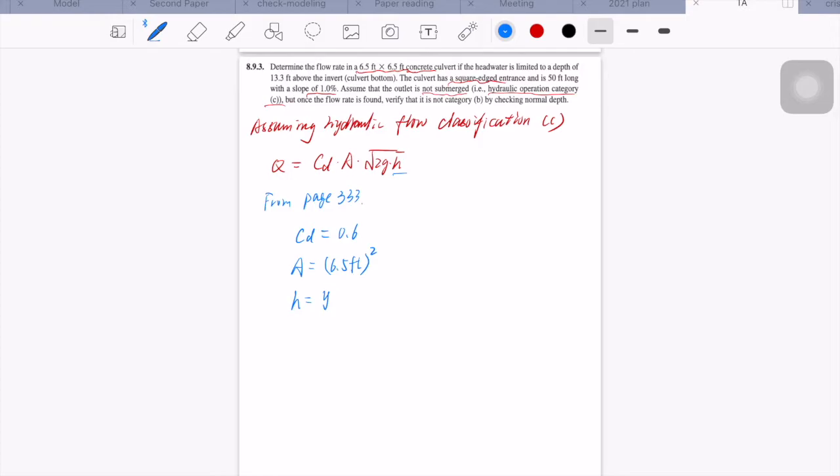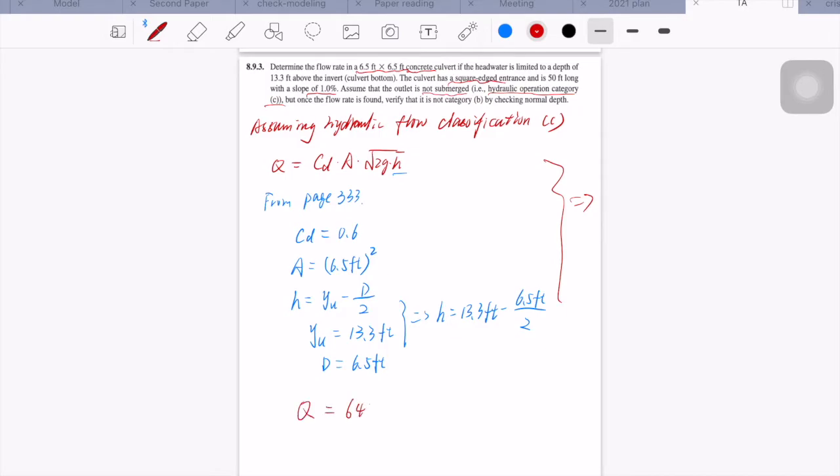the headwater elevation YU minus D over 2, since we know YU in this problem equals 13.3 feet and D equals 6.5 feet. So we can determine H equals 13.3 feet minus 6.5 feet over 2. So now we can determine that Q should be equal to 645 cubic feet per second. So now the flow rate is found,